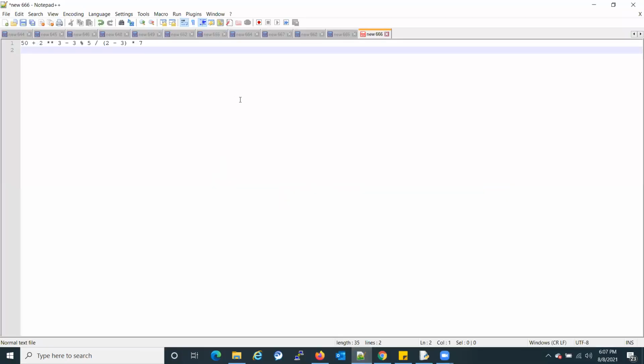I'll take you to Notepad++. So here, this is one random expression I have written. And if you see, it contains all the basic operations we encounter on a day-to-day basis in our programs, or any mathematical stuff we do.